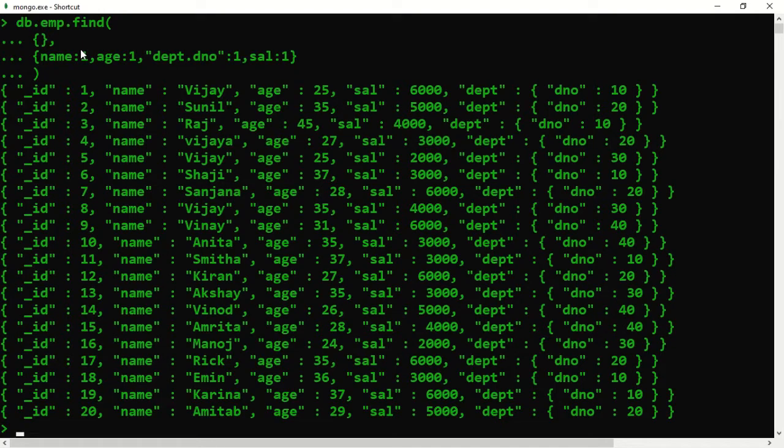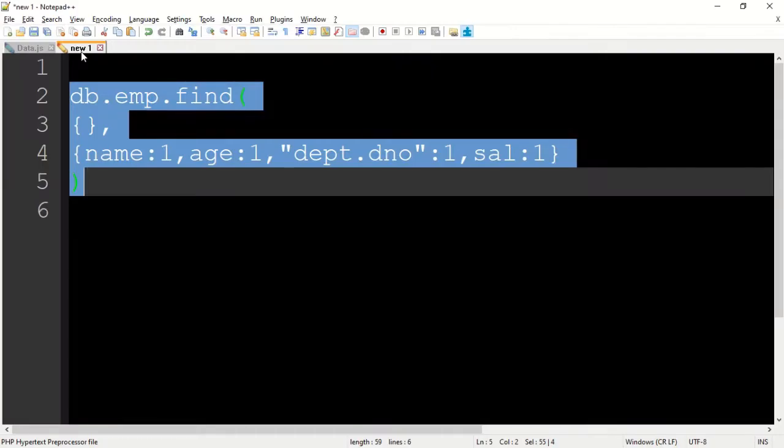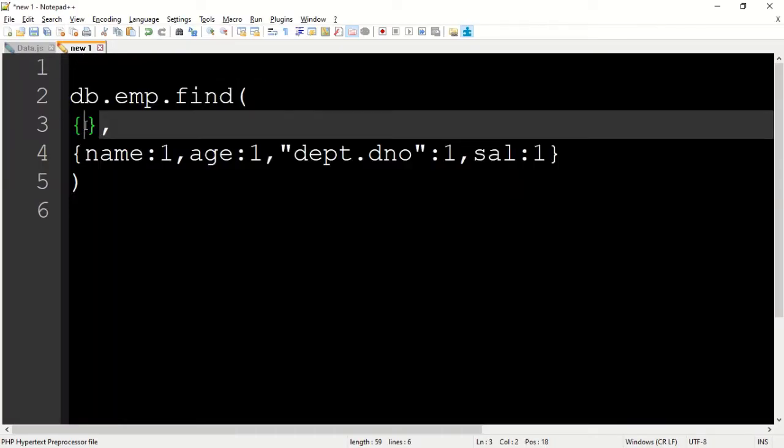Now let's put the query here for the not. Let's go to the notepad and we'll make some query. If I say age is less than 28, it will display all the documents where the age is less than 28, right? So how to do that?